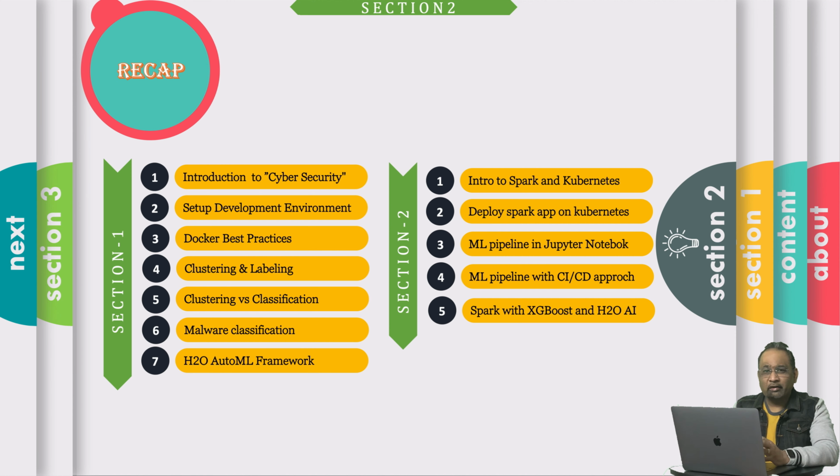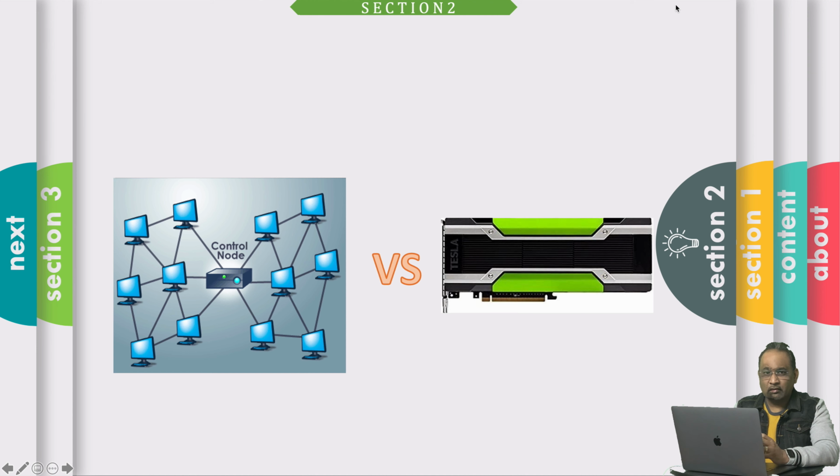When it comes to training on a large data set, terabytes in size, we have two choices. First, using cluster computation, also called distributed computing, and we saw the implementation of the same using Apache Spark, which is an in-memory distributed computing engine. And approach 2 is GPU-accelerated training, which is emerging as a very promising approach and gaining huge traction from the industry for implementing complex machine learning use cases.